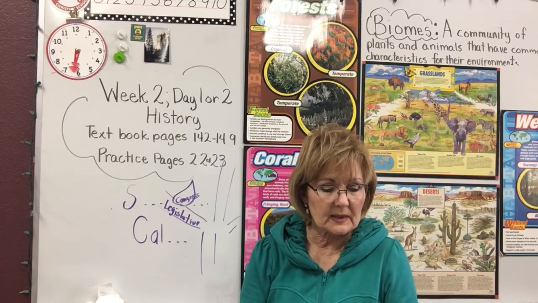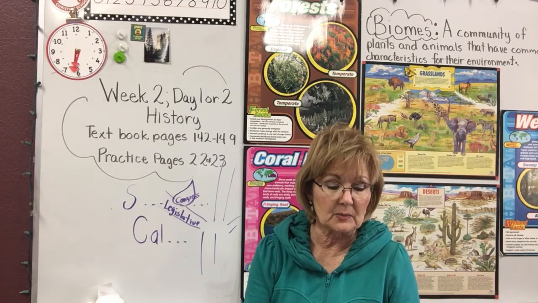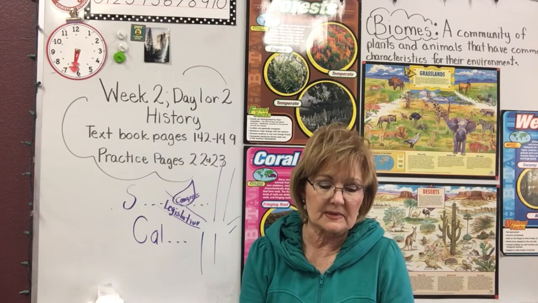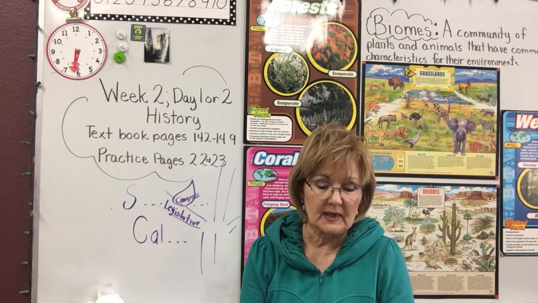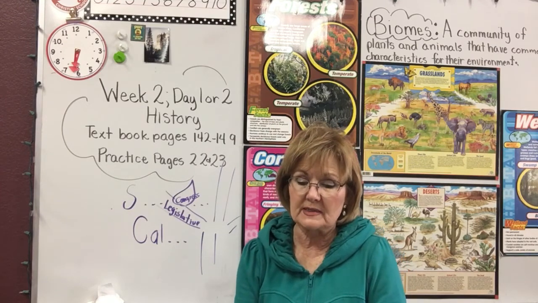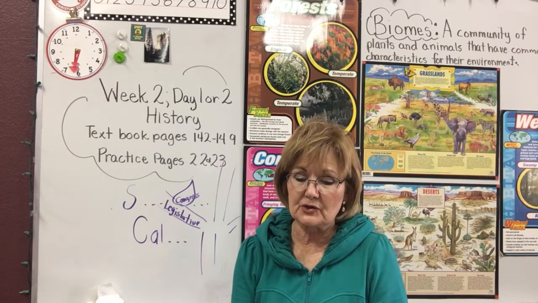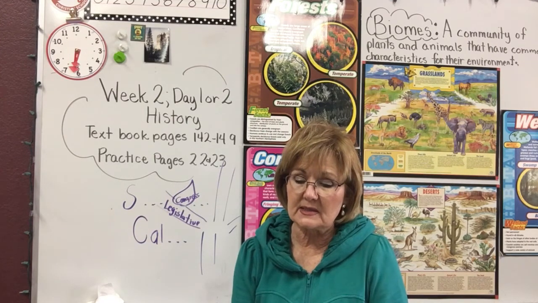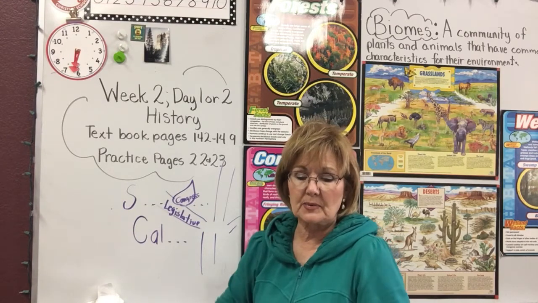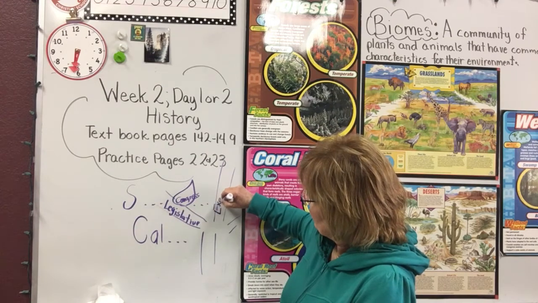So look at the green box. It shows a picture of the National Guard, and they will help during emergencies. And then the blue box, it says many members of the armed forces serve out in other countries. And then on page 147, it talks about the president. In the United States, citizens choose a president. The president's job is to carry out the laws and make sure that the country is a good place to live. That would be the executive